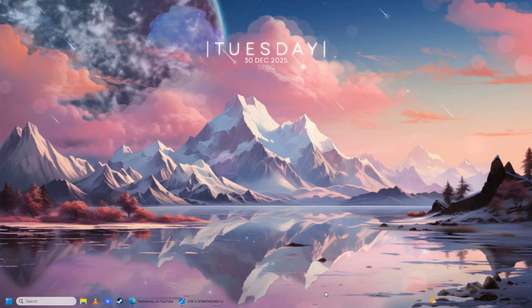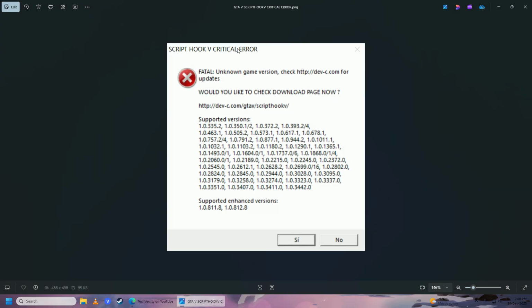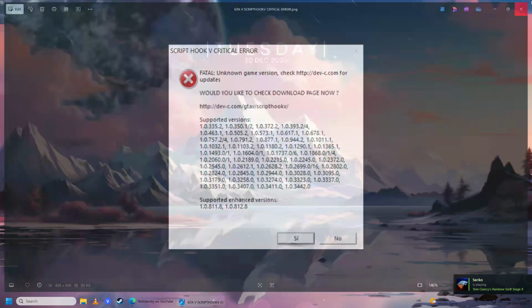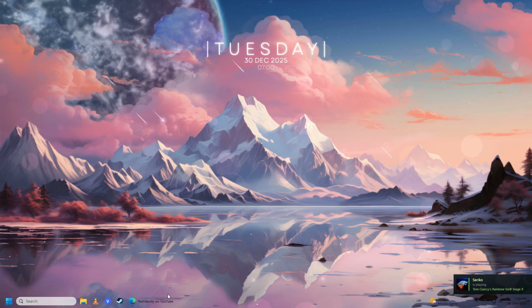Hello everyone, if you're getting this error in GTA 5, ScriptHookV critical error, then you have come to the right place, because in this video I'm going to show you how easy it is to fix this annoying error in GTA 5. So this error occurs when your ScriptHookV is outdated, so just open up your web browser,